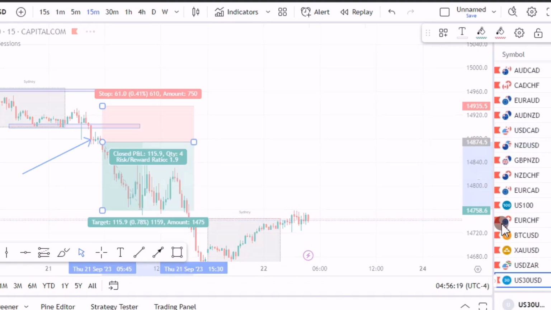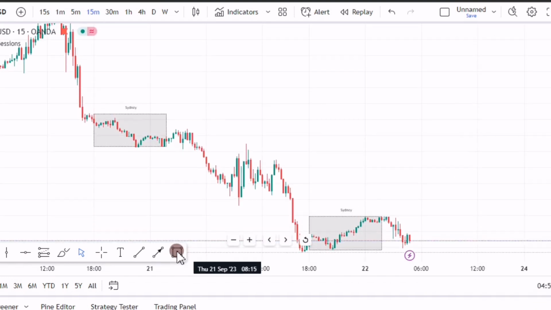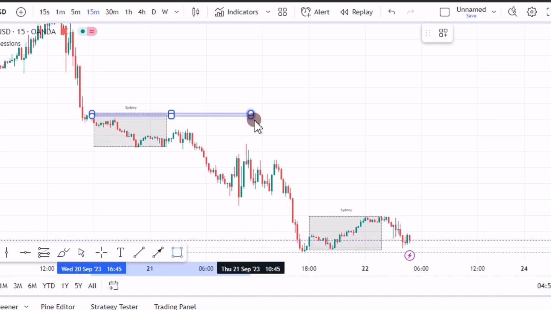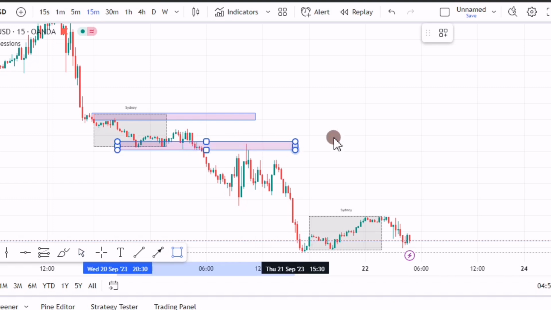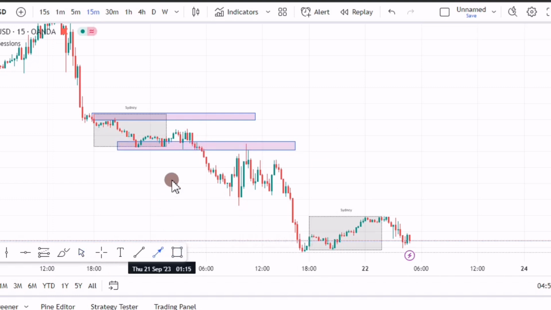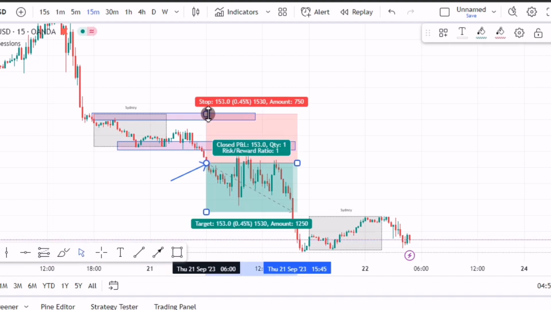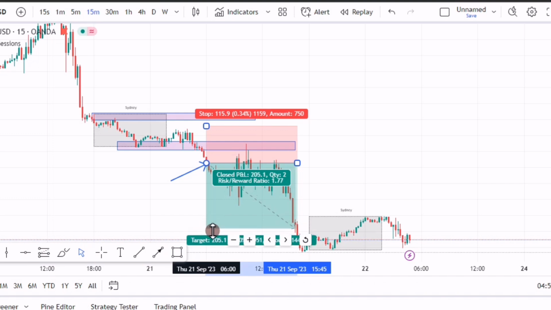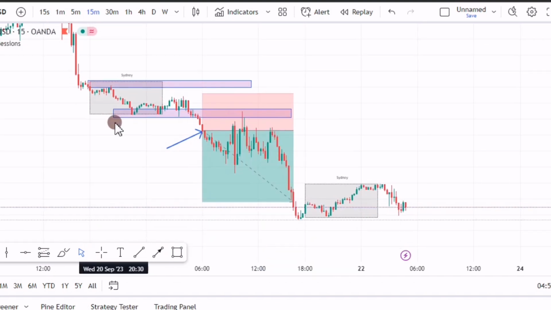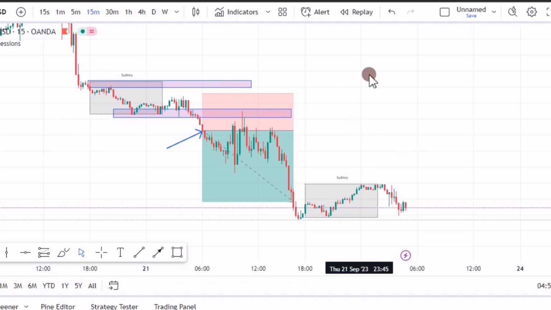Same thing. You mark the highest point on the Sydney session and then you mark the lowest point on the Sydney session. When price closed below somewhere there, you take a sell trade. So this is what you should have done yesterday, a risk to reward ratio of 2. But I'm still going to check and see if I can improve